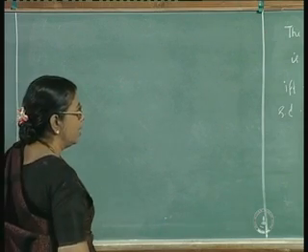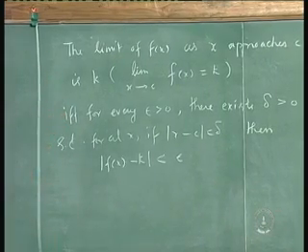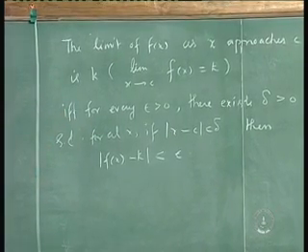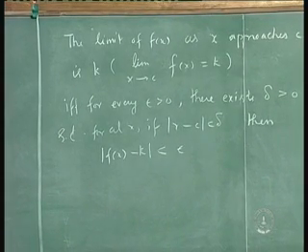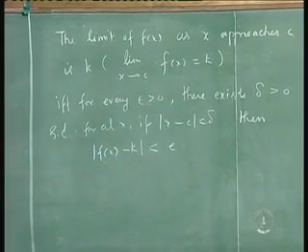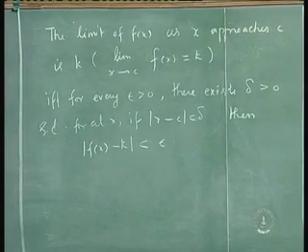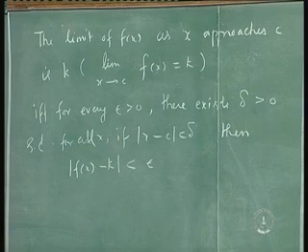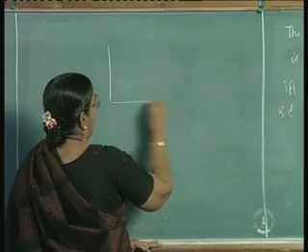Now, this is a general statement which you might have studied in calculus. The limit of a function as x approaches c is k, which you write as limit as x tends to c f of x is equal to k, if and only if for every epsilon greater than 0, there exists delta greater than 0, such that for all x, if |x minus c| is less than delta, then |f of x minus k| is less than epsilon. That is, if you have a function